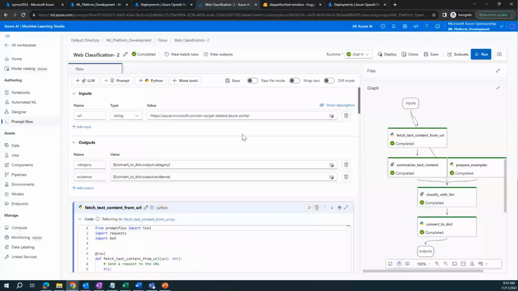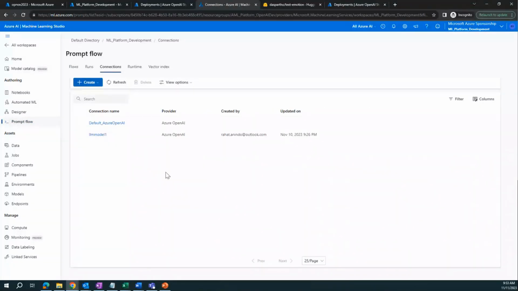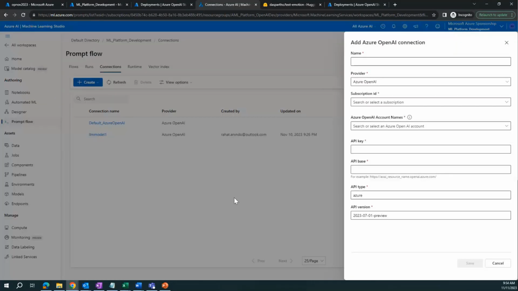First, you need to go to the connections. You need to add your LLM or GPT model here. So in that case, go to connection, click on create. You can add different types of connectors, such as content safety, OpenAI, cognitive search, OpenAI normal one without the Azure OpenAI, and others. So if you click Azure OpenAI, as you have already created some sort of model, for example a Gen AI model 2,